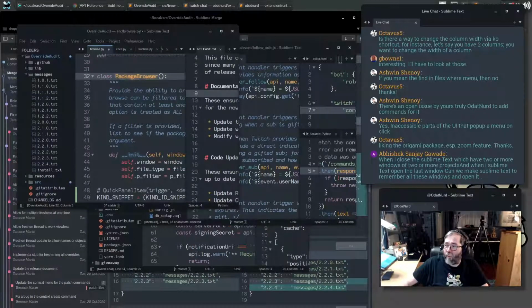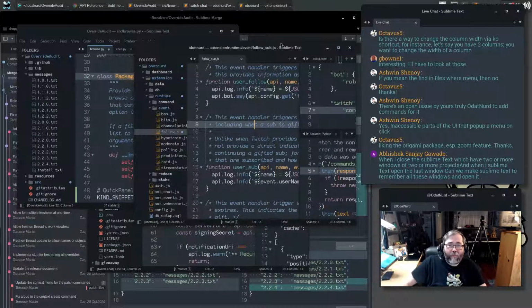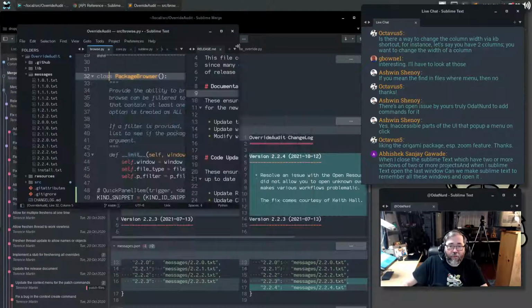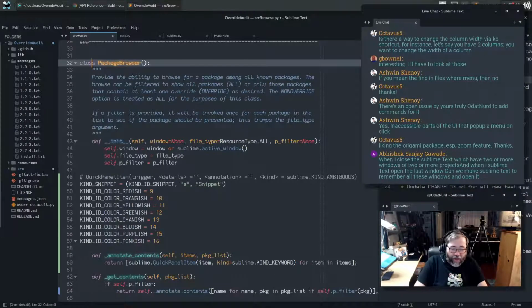So is that not working for you? Is that what you're trying to accomplish? Because if so, Sublime does that out of the box. The setting you want for that